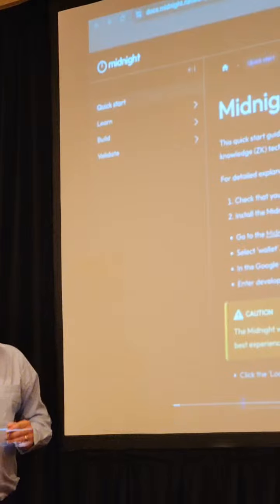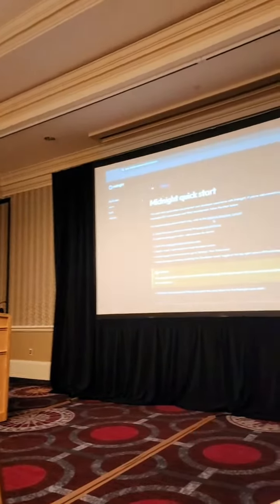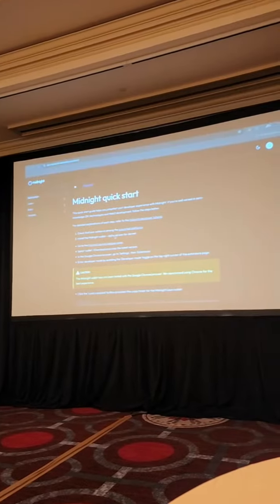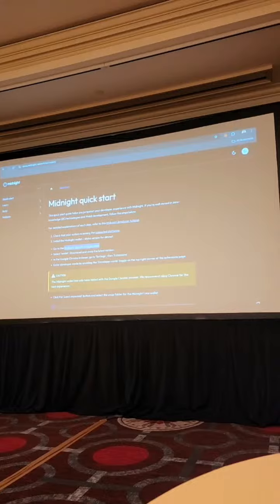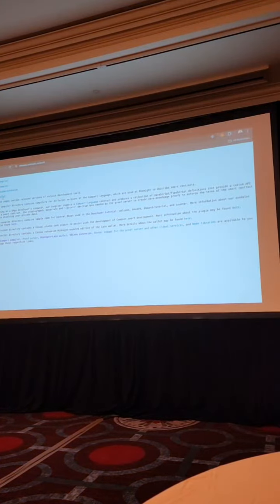But in general, you land, I apologize for the graininess, but you land at the quick start page. I'm going to just go through the steps. The quick start page links you off to a release page. Apologize for the white background. This will be delivered to you through your app stores.